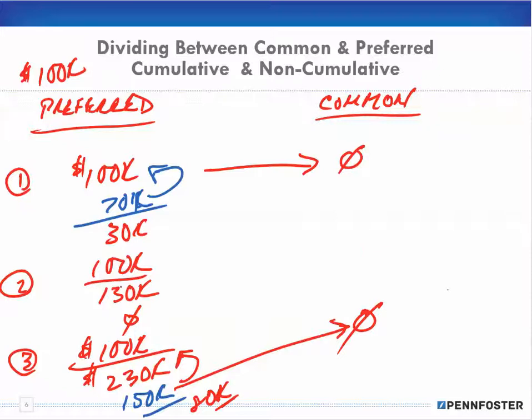But what I want you to see here is you get this idea of preferred being owed the money, and whatever the dividend declared needs to satisfy the preferred first. Okay, but it can happen in a variety of ways. It all depends upon the circumstances. There is no set formula for this.